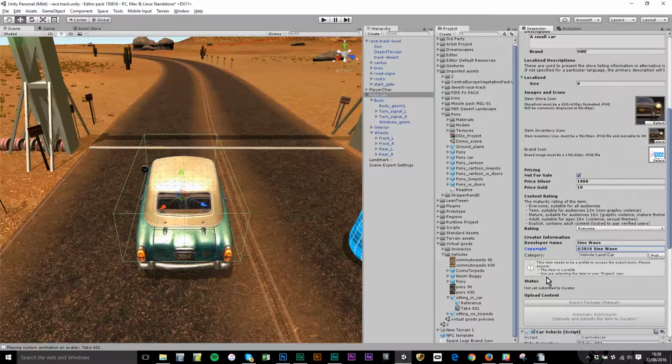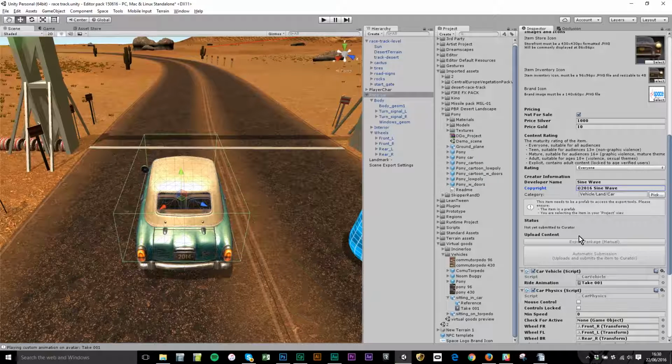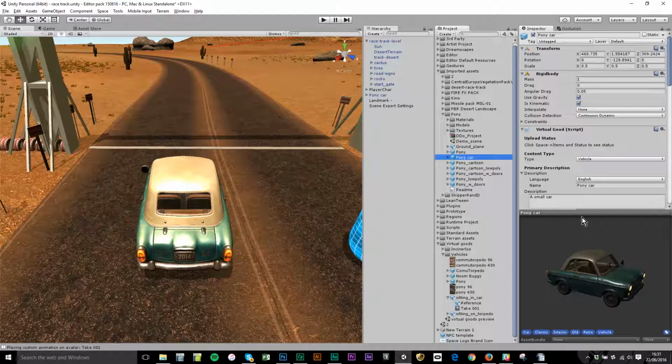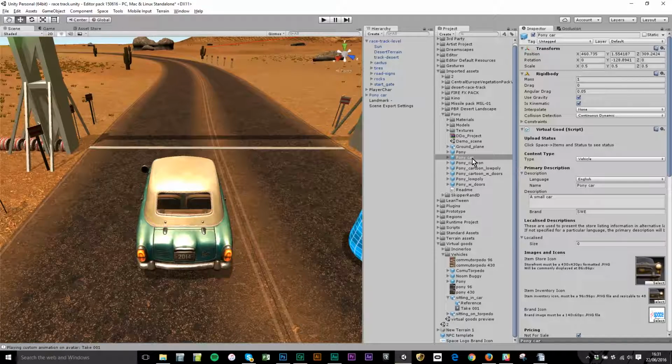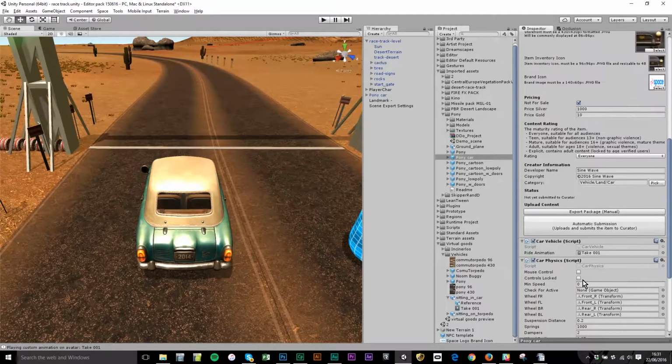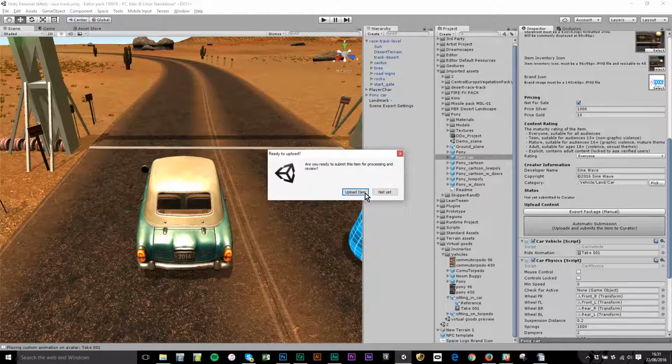So now, as with previous tutorials, the submission button is grayed out. That's because I'm working with the version in the scene. And what I need to do is commit the changes that I've made back to the version in the project. So I go to the top of the inspector and I click apply, and all of the changes you've just seen me make are now pushed onto the original version in the project file here. You can now see it has those components added to it, and the submission button is live here. So I click automatic submission,